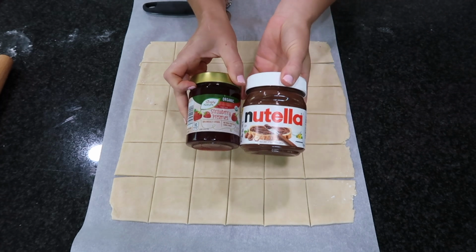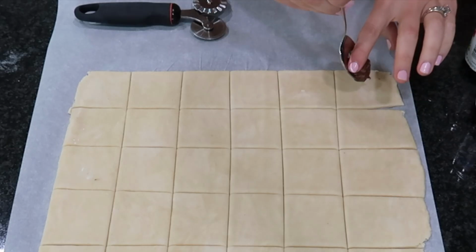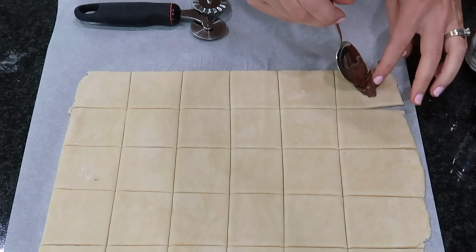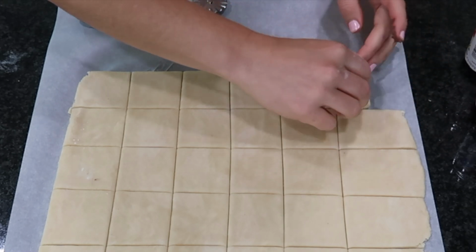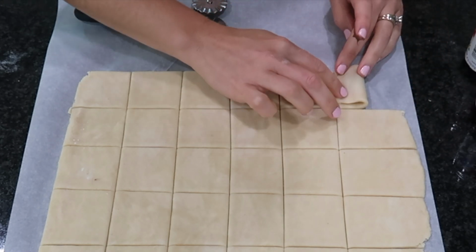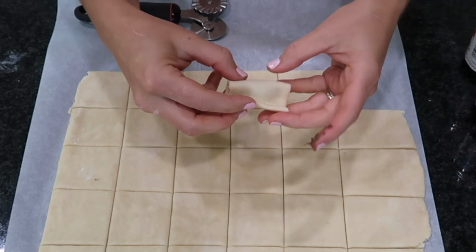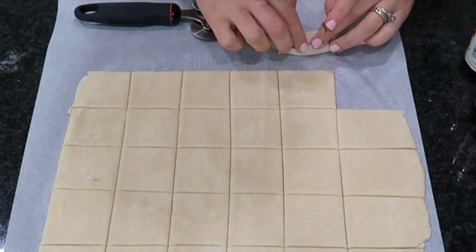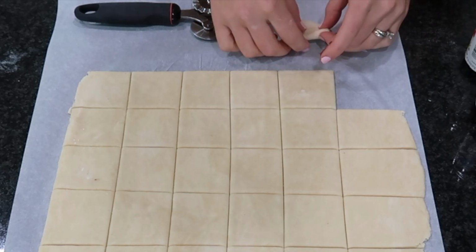And what's fun about this recipe is that you can make it your own with your own fillings. So I'm using Nutella and strawberry preserves. So in a little square of dough, you're going to put a little smear of a filling. Now you're going to use way less than you think you're going to use, like about 1/4 of a teaspoon to 1/2 teaspoon. And you're going to place it in the center of your square or your rectangle-ish shape pie